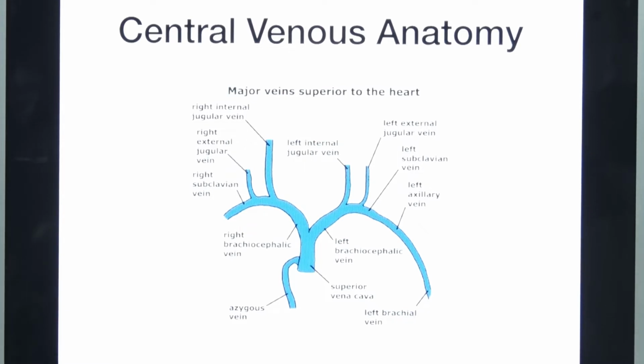central venous anatomy, and as we can see here, the important veins which are accessed for the tunnel dialysis catheter are the internal jugular, followed by the subclavian and the femoral vein. Of course, the right internal jugular vein is preferred because it has a straighter course to the heart, gives lesser kinks and provides better flows.